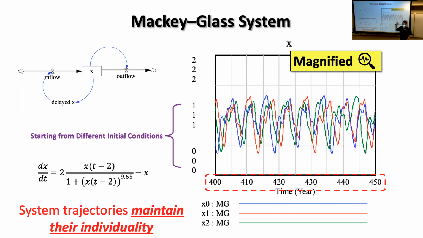This is very different than the fish system. They maintain their individuality. In principle, I could predict what initial condition came if I knew enough about the system just by looking at what trajectory is here. So the identity of the initial condition really matters for the outcome. I'll talk about the butterfly effect towards the end of this discussion, but I want to bring it up here as a reminder to go back to that.